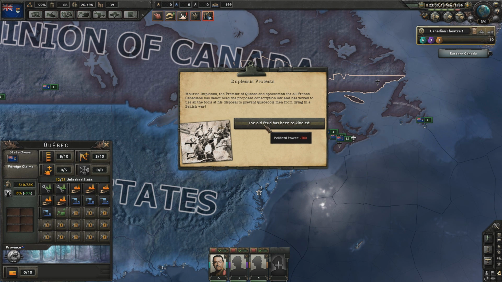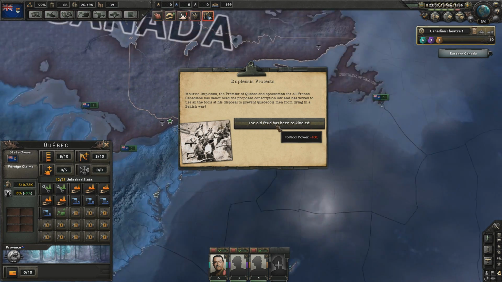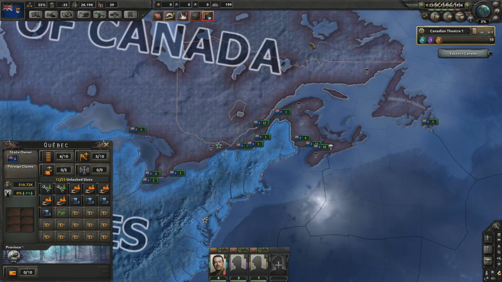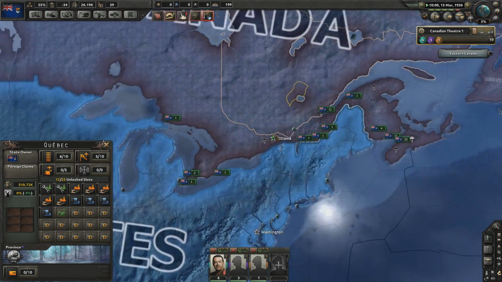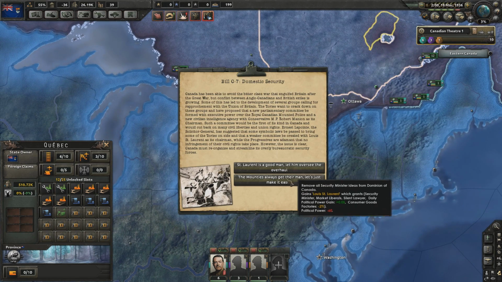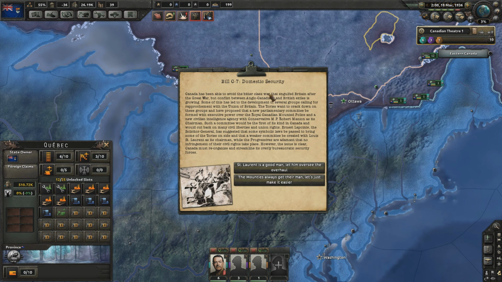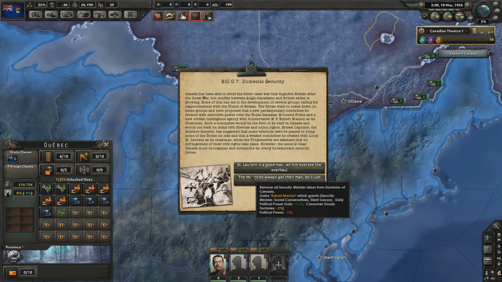The progressives leave the government, and there are protests in Quebec at the moment. The old feud has been rekindled. We now are minus political power. This will eventually go. Here we go. Okay, so Canada has been able to avoid the bitter class war that engulfed Britain after the Great War. So this is a very text-heavy start to the game. If you're not looking for that, make sure to pause it, read it if you want, or just kind of skip ahead. But all of these...